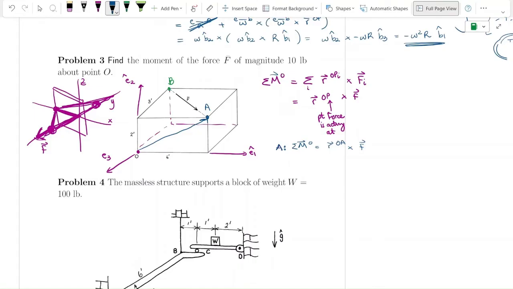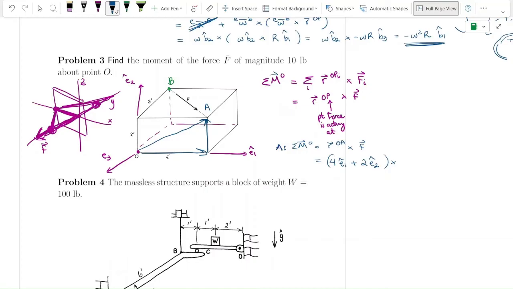Well, you go a distance of 4 feet in the e1 hat direction, and then you go up a distance of 2 feet in the e2 hat direction. So this becomes 4 feet in this direction, e1 hat, plus 2 e2 hat,